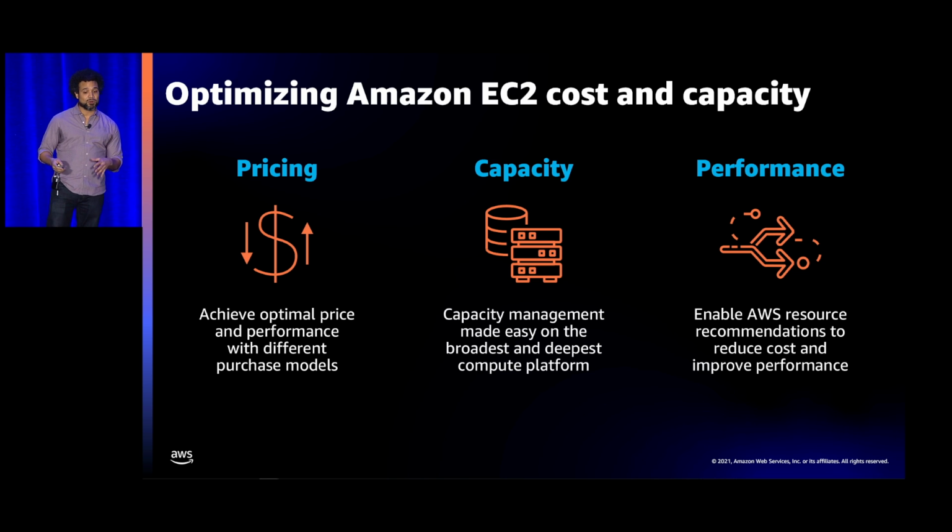Auto-scaling groups also support multiple purchase options and multiple instance types. So I can have the same auto-scaling group leverage multiple instance types. Art talked about that in a previous slide, but I can also mix on-demand and spot with the same auto-scaling group and cover that e-commerce example I mentioned before.